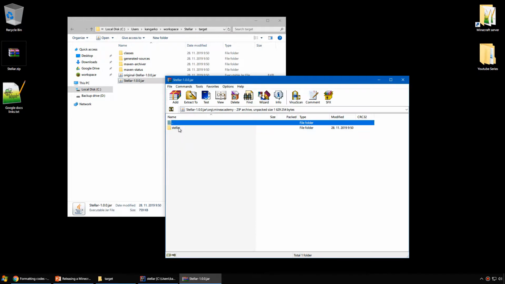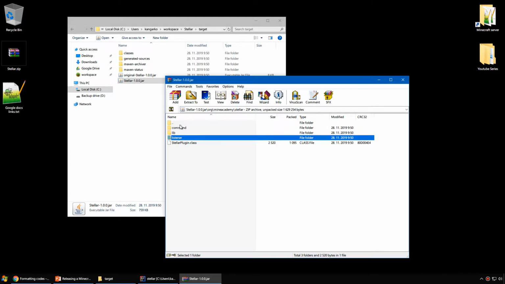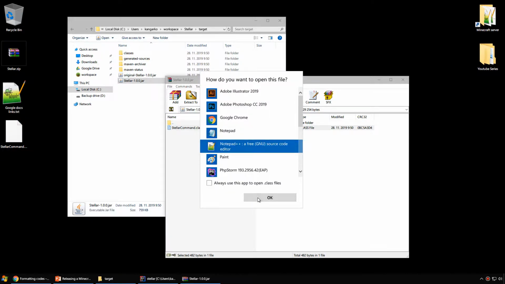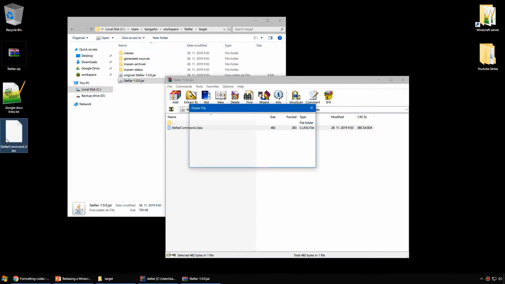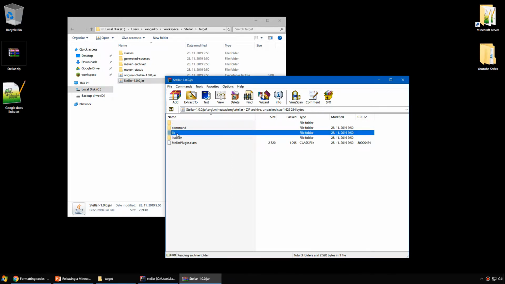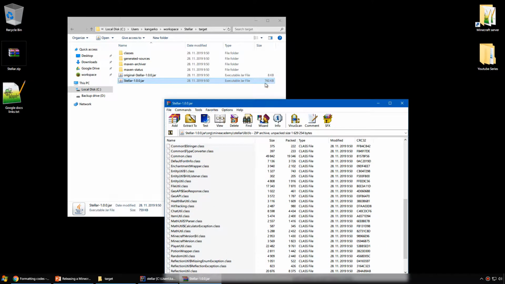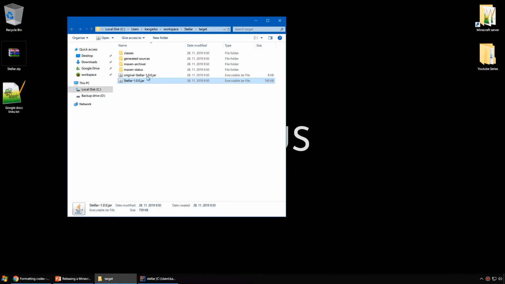And if I open up the org mine academy stellar package, it contains the main class, it contains the listener class, it contains the command class. I can actually extract this, and if I want to open this, for example with Notepad, I can see a bunch of nonsense because this is not human code, this is the bytecode that I was talking about in the beginning of this video. And then it also contains the lib here. If I open this up, it contains a lot of things. That's why the file has 760 kilobytes, because this is the foundation library that you're gonna carry in each of